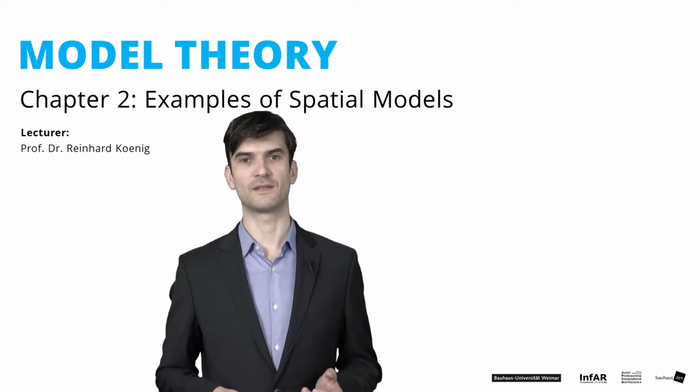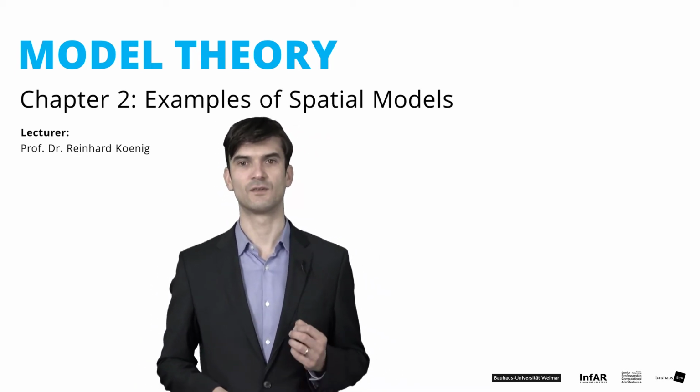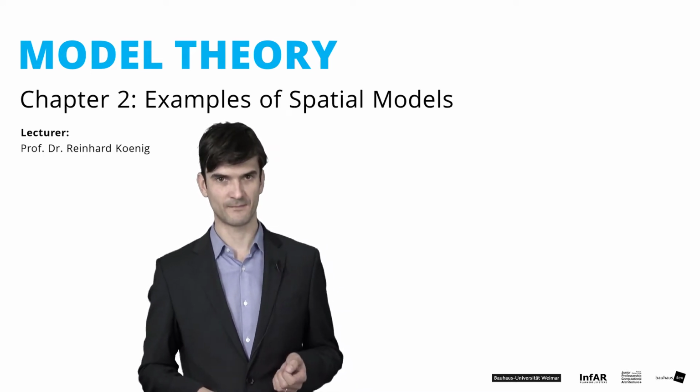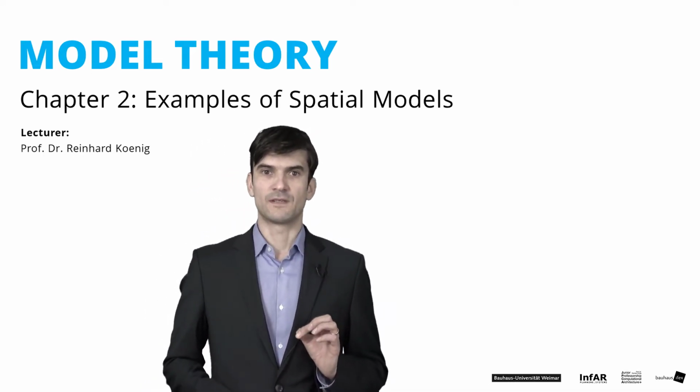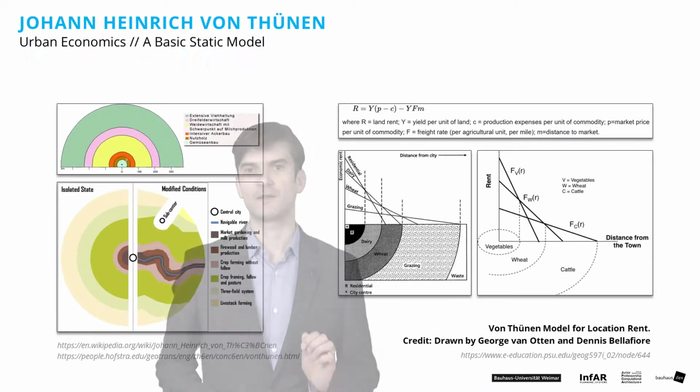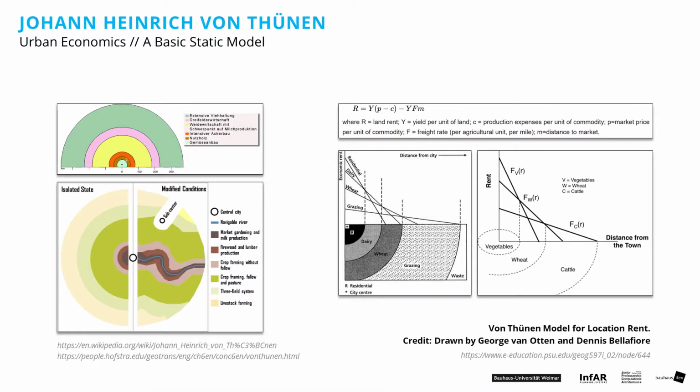We now look into some example models for the analysis or synthesis of spatial configurations. The first one is the von Thünen model, which was introduced by Heinrich von Thünen in 1826. The land use, or the use which a piece of land is put to, is a function of the cost of transport to market from this piece of land, the market price that you can achieve with a certain product or use, and the production cost of the product, the land rent a farmer can afford to pay, which is determined